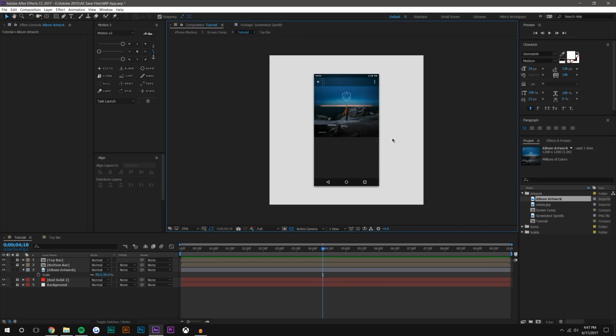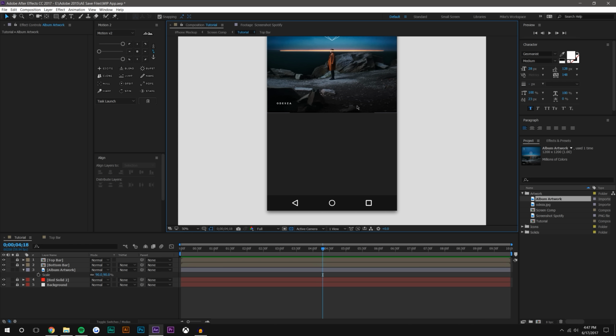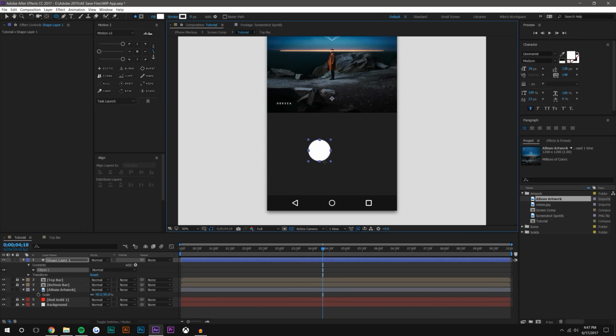So I think next I'm going to create the navigation button. It's actually called a FAB button. Basically, I'm going to have the button drop down and scale up and make this whole bottom a single color, just like the animation that Google showed. So I'm just going to create a new ellipse here. Holding Shift, I'm just going to,